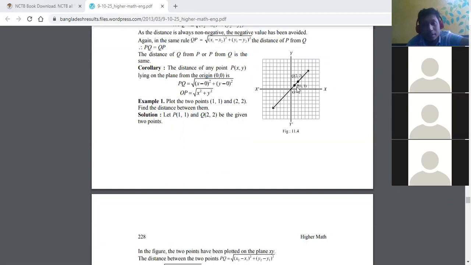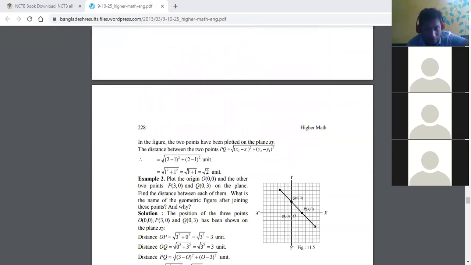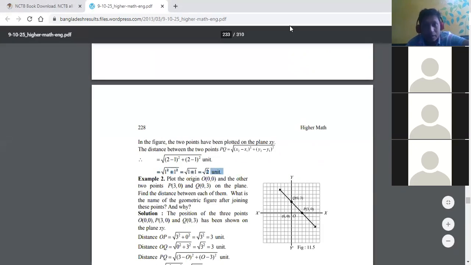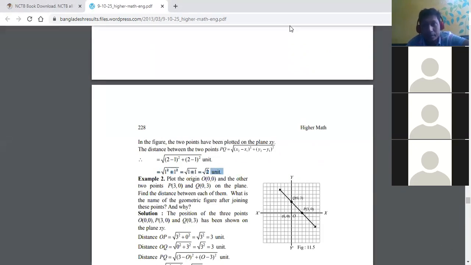You can see the distance is root over (2 minus 1) whole square plus (2 minus 1) whole square. You can see the distance is root 2 units, the distance between them. Okay, I think you understand this. And if you have any problem,